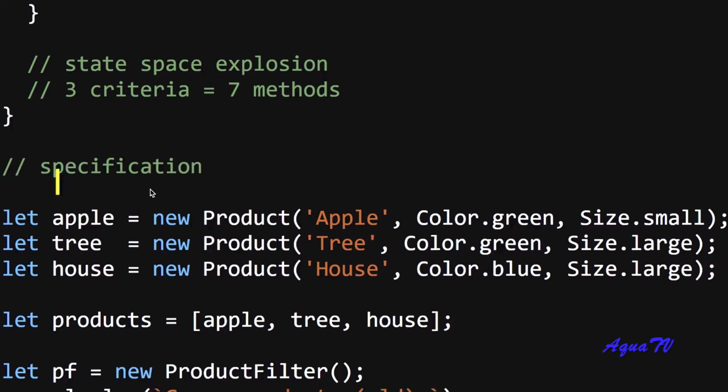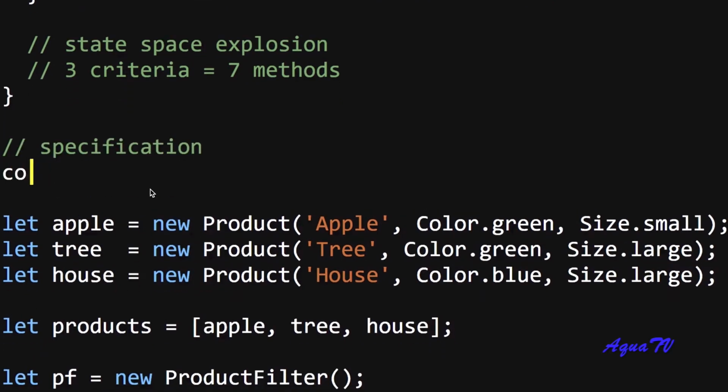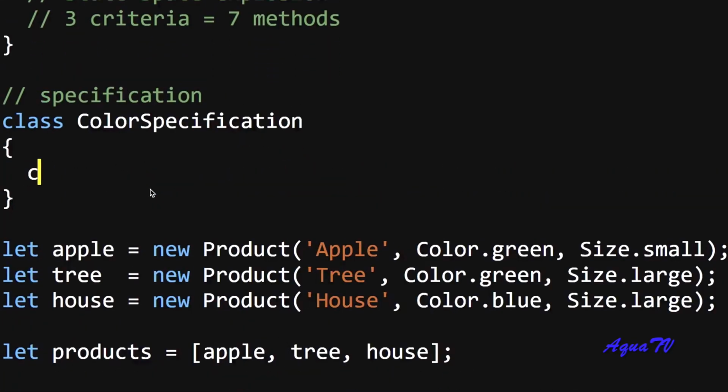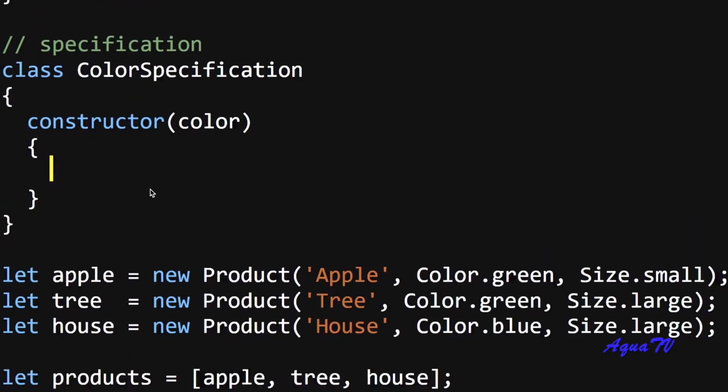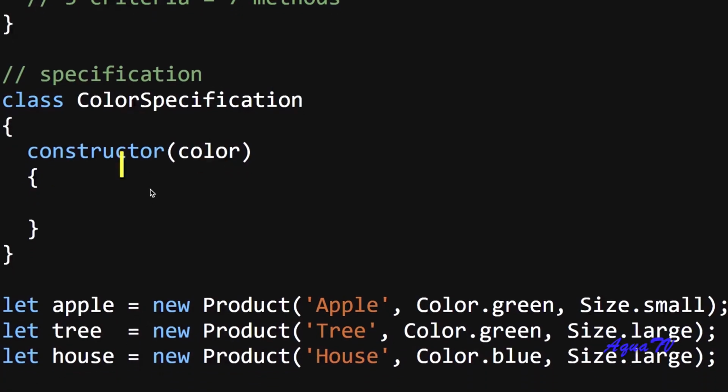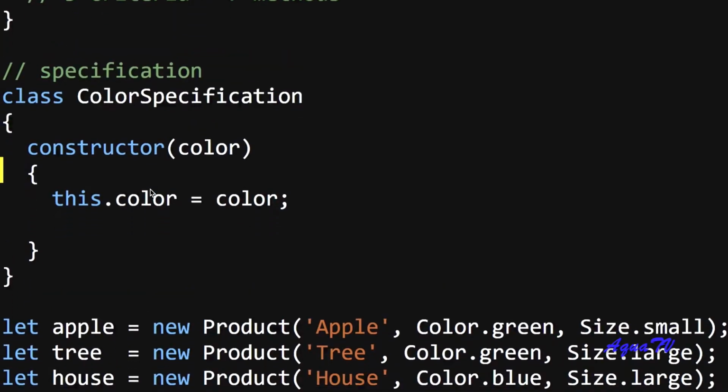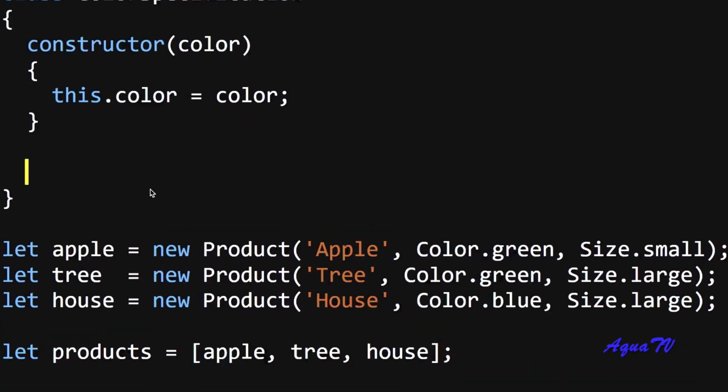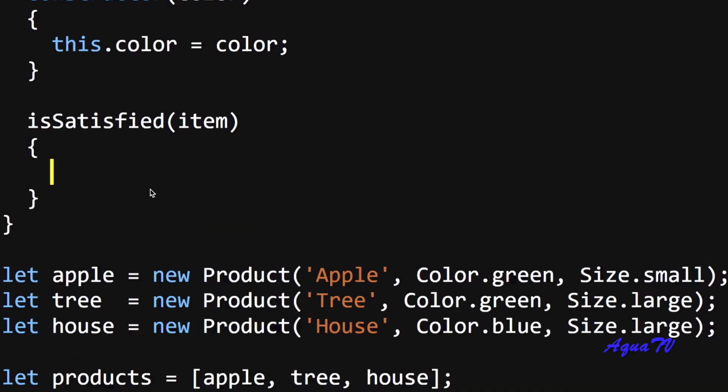So for example, for a color, you can have a class called a color specification. A color specification gets initialized by you specifying what color you actually want to filter by. So let's have the color here, and you have some sort of method like isSatisfied. This method gets called to make sure that a particular item which is fed into the specification actually satisfies whatever this criteria is. So in this case, the item color has to match exactly the color we specified